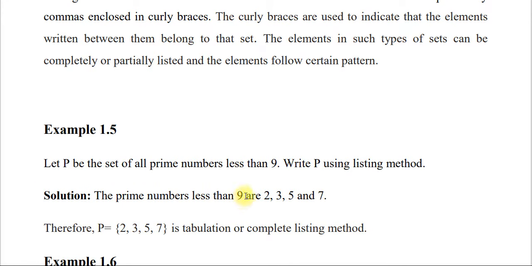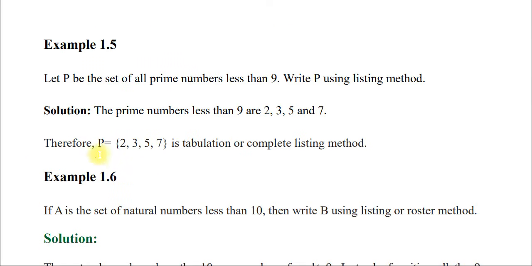The prime numbers less than 9 are 2, 3, 5 and 7. Okay, 2, 3, 5 and 7. Therefore, P which is equal to the set containing 2, 3, 5, 7 is a tabulation or complete listing method. ስለዚህ ሙሉ በሙሉ ሊስት አድርገናቸዋል ወይም ዘርዝረናቸዋል ማለት ነው። ሶ እንደምታዩት ኪርሊ ብራስ አለን፣ ሁለት ብራሶች እና ኤሌመንቶች አሉን ወይም ሜምበሮች። በሜምበሮቹ መካከል ደግሞ ኮማ እናስቀምጣለን ማለት ነው በመሃል።